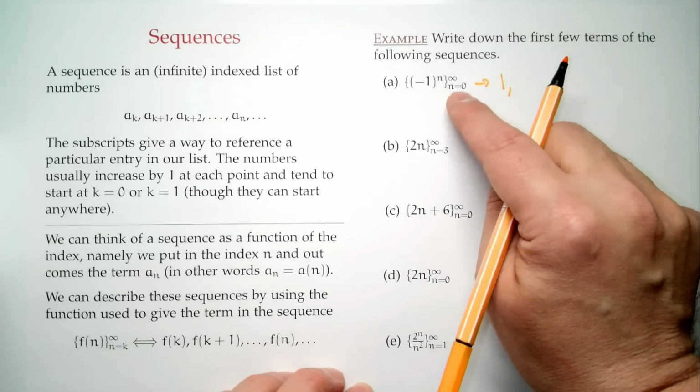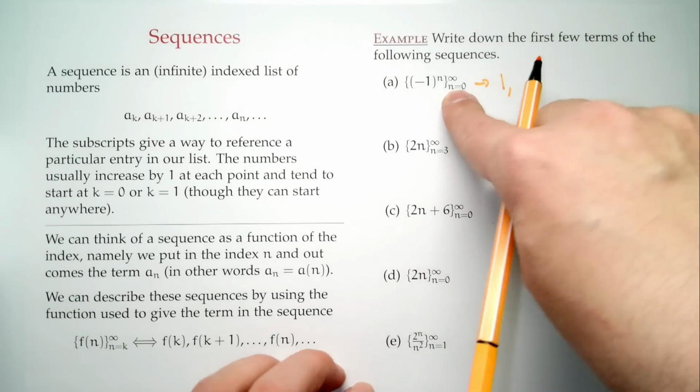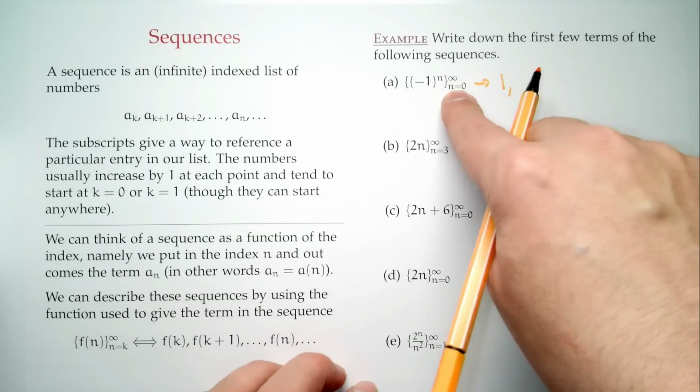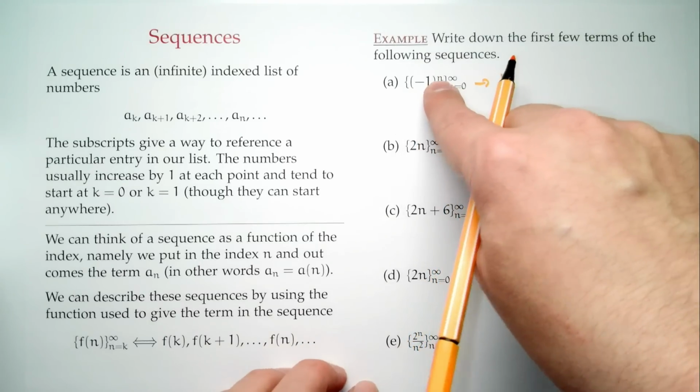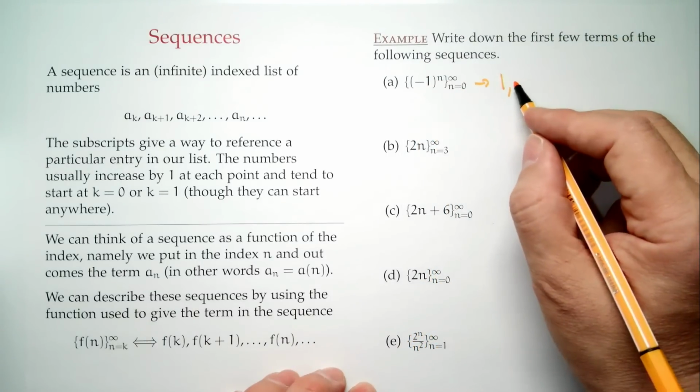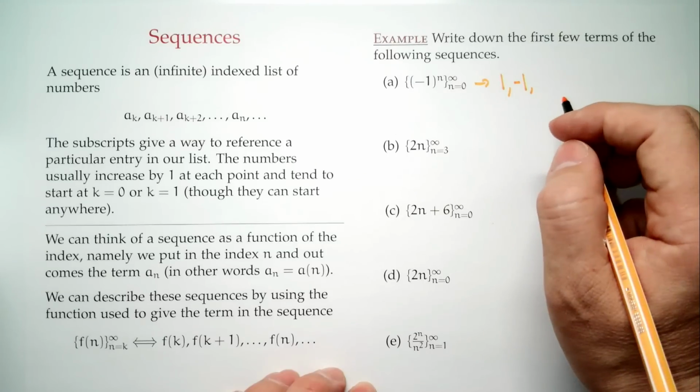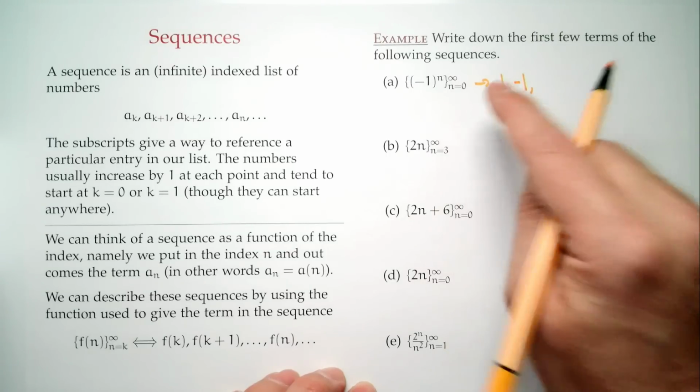So it'd be n equals 0. So what comes after 0? 1. So the next case would be -1 to the 1, which is also known as -1. What's the next term going to be? 1. Because the next term will be